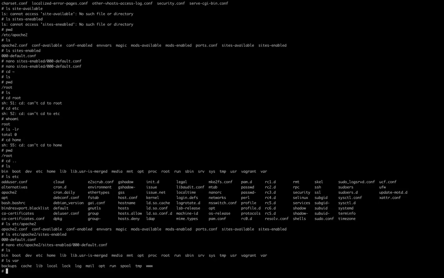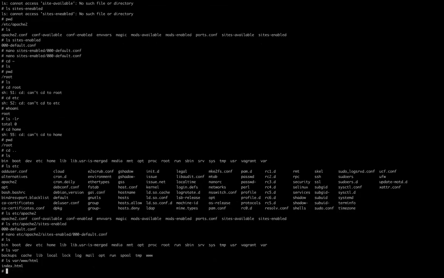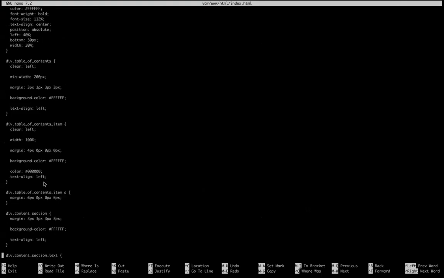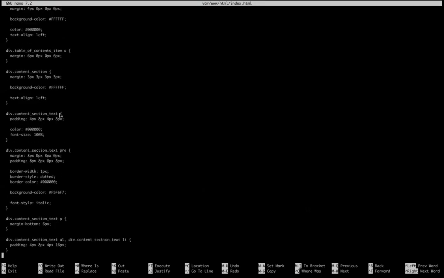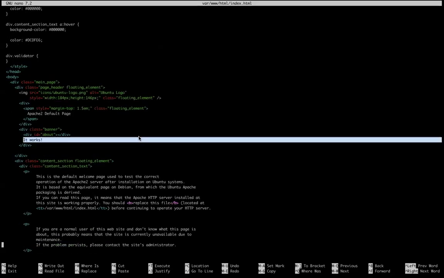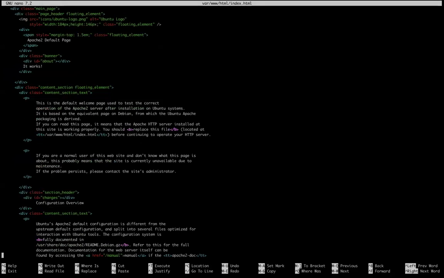We have this HTML document, right? We have the styling. Let's see what's in the body. Okay, so in the body, the Apache default page, it works. So basically this is what we want to see when the server is running, right? So if we do service Apache,